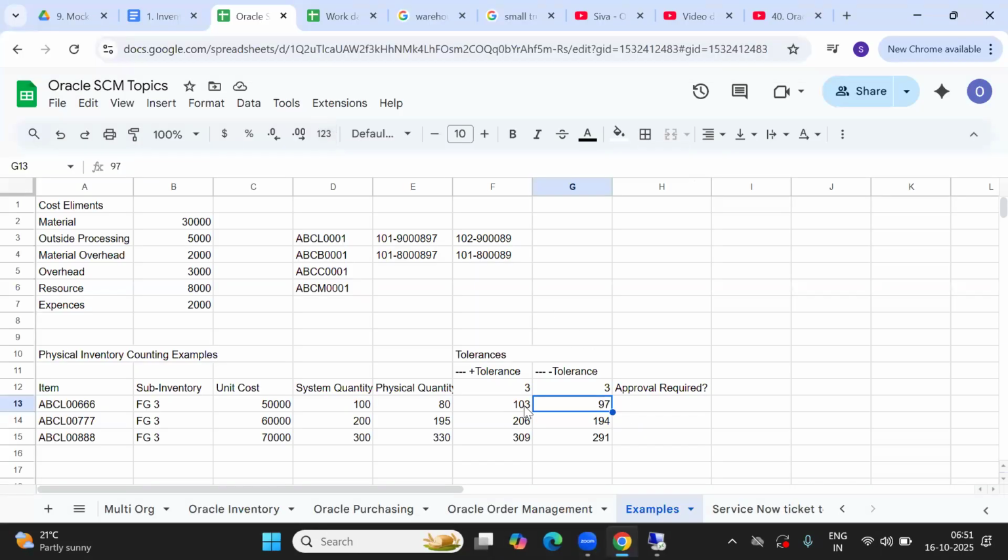Okay, fine. So now tell me, in this case, is approval required, yes or no? Your physical inventory quantity should be within this range.